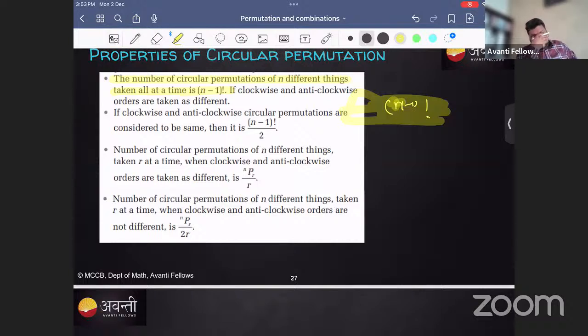Dhruvi, Inchara, Dhruvi, can't you switch on your mic? Switch on your mic then. Anyways, now